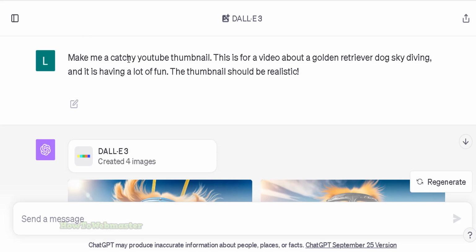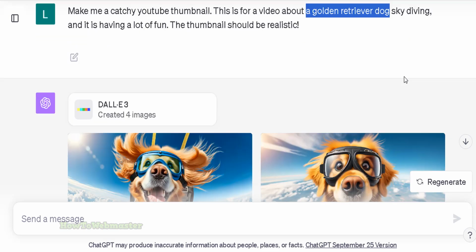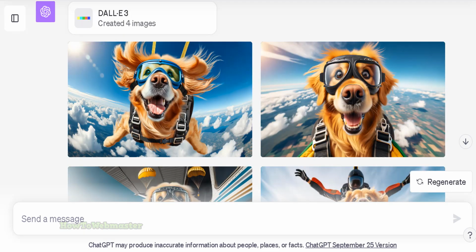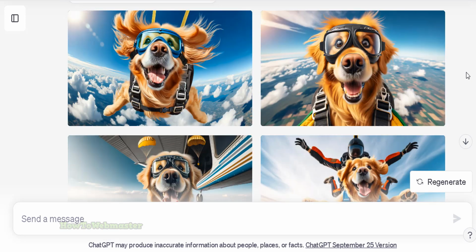And here's another example. Make me a catchy YouTube thumbnail for a video about a golden retriever dog going skydiving, and it should be realistic. So here are the ones it generated. So all these are very good thumbnails,